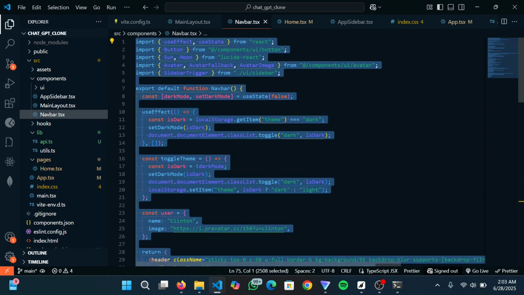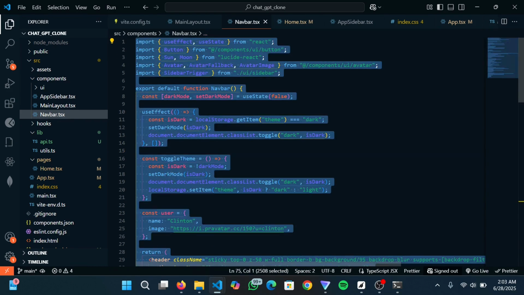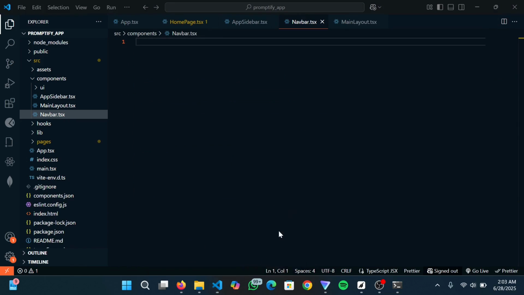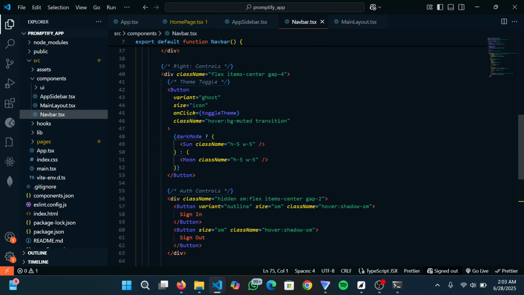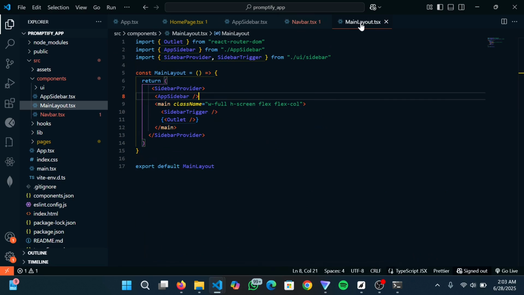Now I can always go through the code. The source code is in the video description. I'm going to copy this navbar, Ctrl A, Ctrl C, and I'll paste it just here. So we have a new navbar. So remember, our sidebar trigger is now inside of the navbar. So back to our main layout now. We are going to have the navbar across all pages. So we have to add it to the main layout, right? So just here,